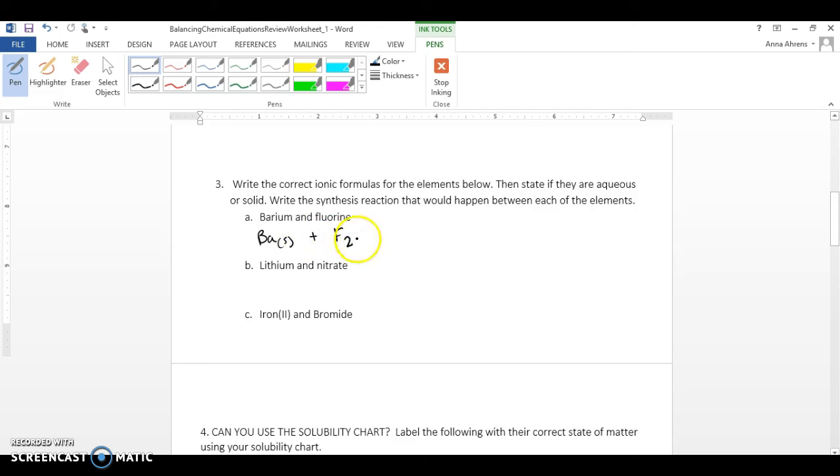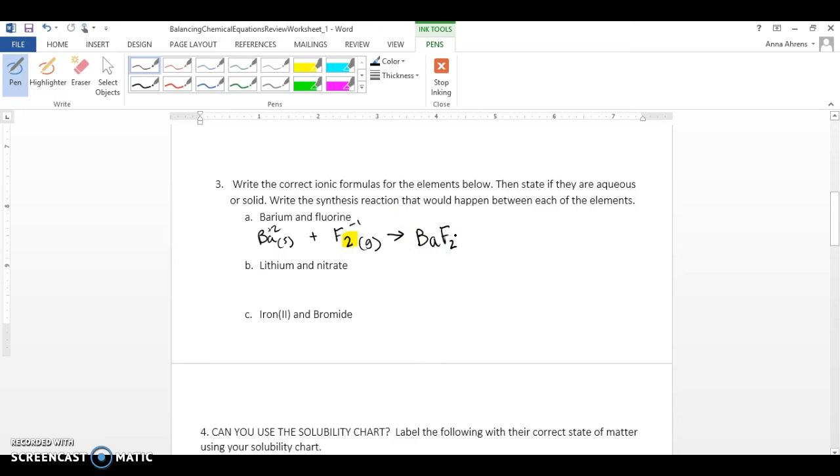The reason I'm putting that 2 there is because it's a diatomic molecule. So remember, if it's by itself, there's always 2 of them. Fluorine is red on the periodic table, so that is a gas. When we combine them, we're going to do the crisscross. So we know barium has a +2 charge, fluorine has a -1 charge, so we crisscross, and we get